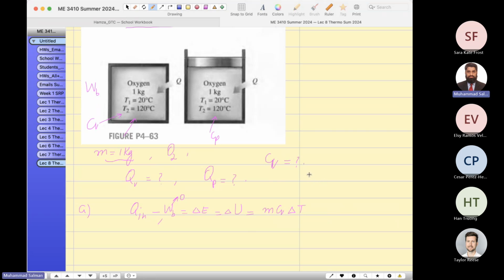So let's go to the table. According to the table,